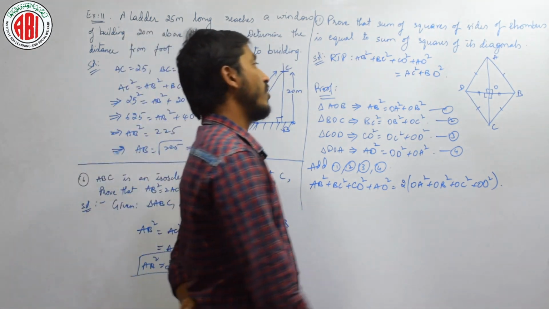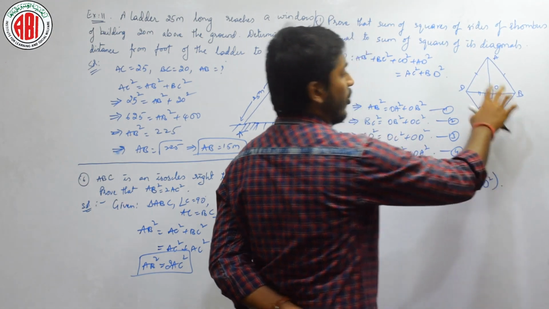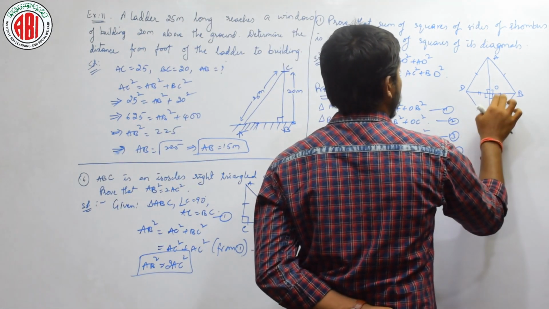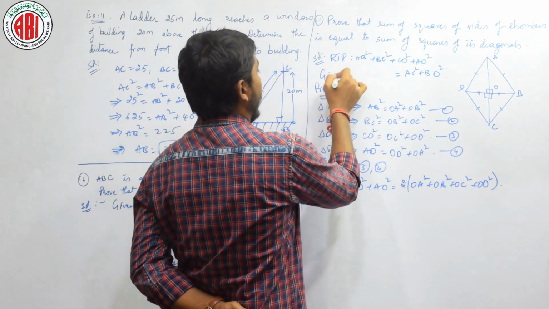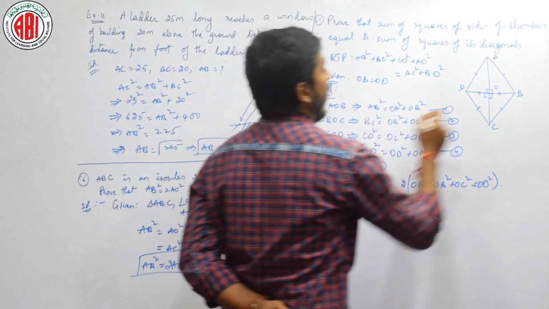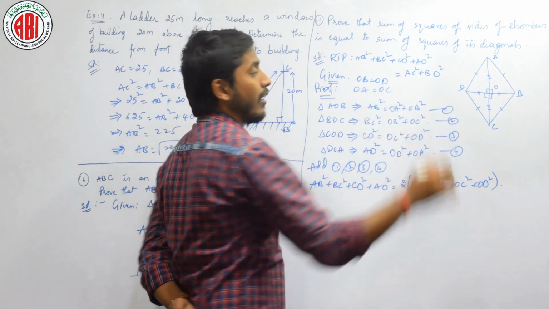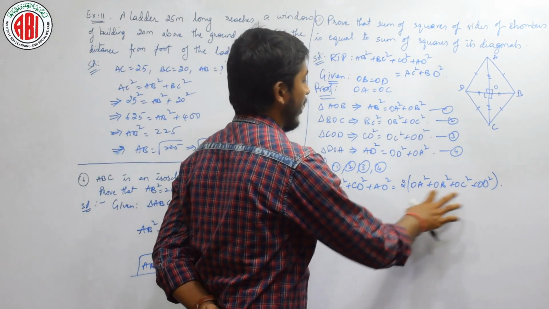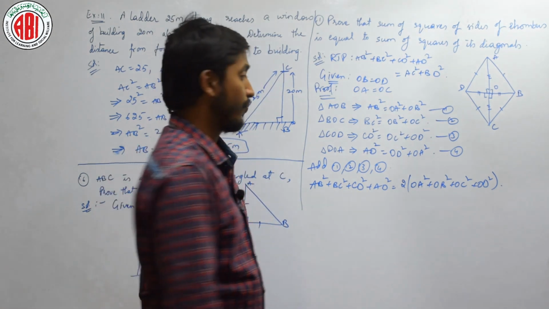And one more thing, what do we know? Since it is a rhombus, the diagonals bisect each other. What do you mean by the term bisect? Bisect, it is making into equal halves, which is OD is always equal to OB. Yes or no? Given it is a rhombus, therefore I can write it as OB equal to OD, and if you observe here, OA is equal to OC, right? Let us substitute everything and write there. Can I write OA and OC instead of these both, can I write it as single OA square? Yes or no? Let us write it.